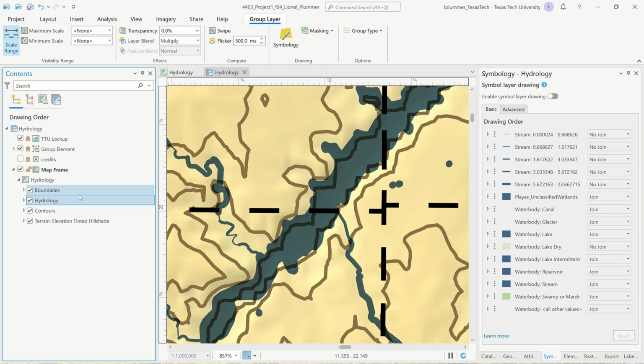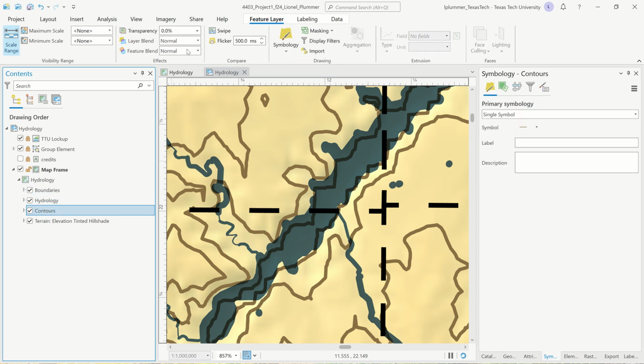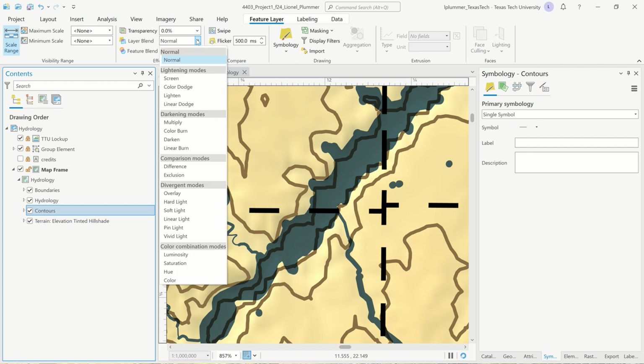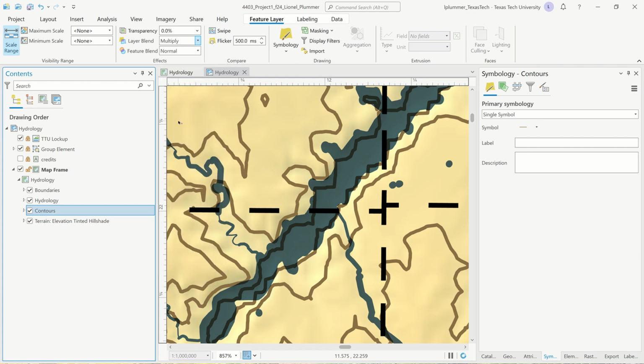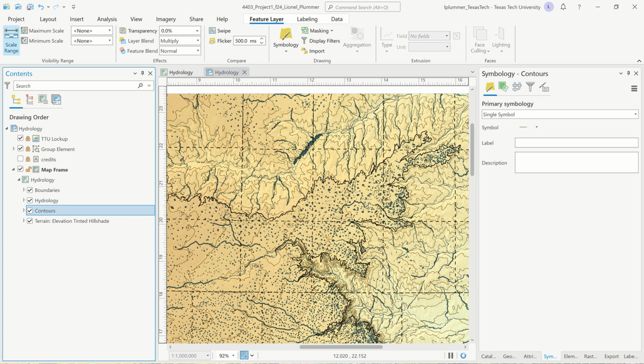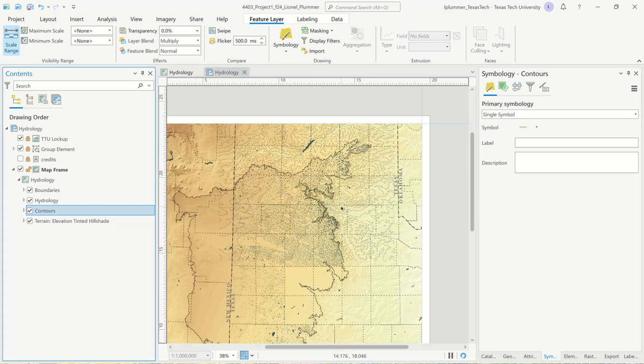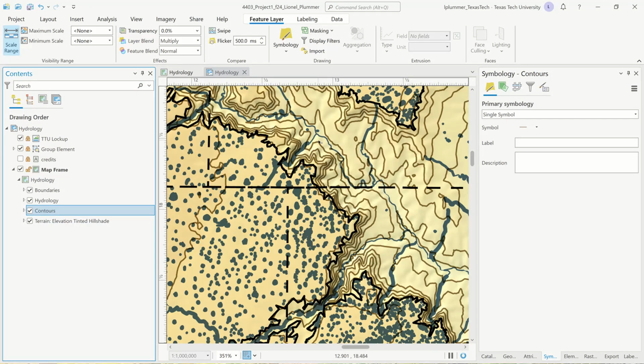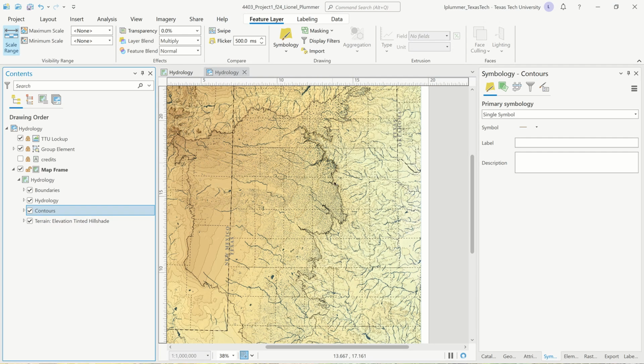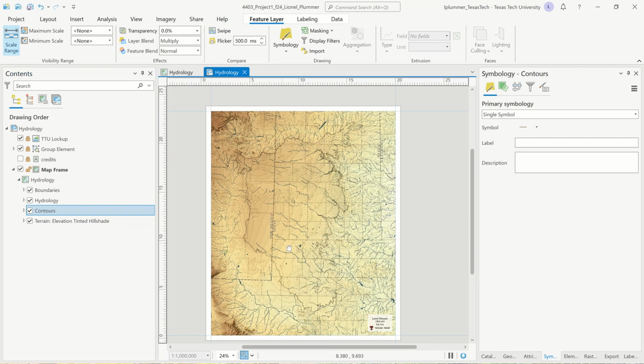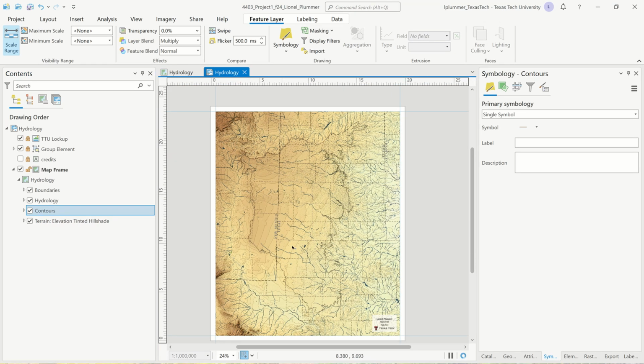Okay, now we're going to do the same thing with our contours. Click on them, feature layer pops up, and let's choose multiply. Okay, and so you can see they really make a big difference in your map. Okay, now the one thing we're missing is